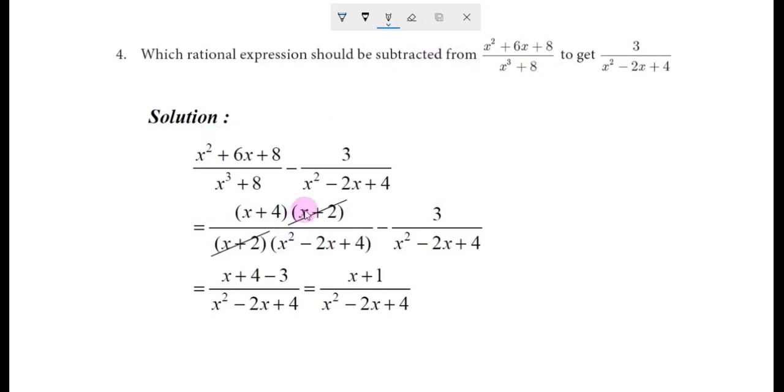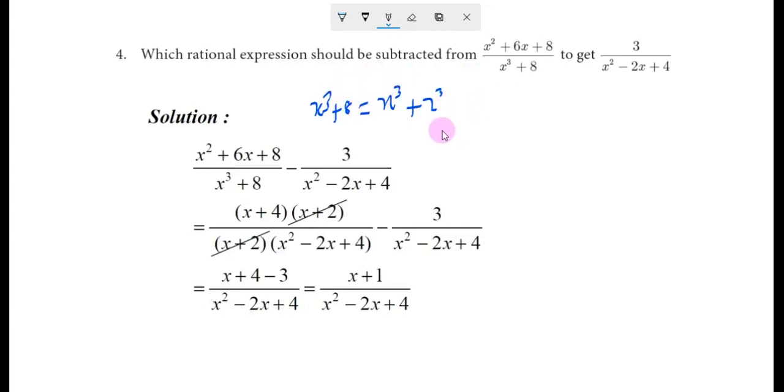Okay, now there is a quadratic equation. Basically we should focus on the denominator first. So look here, cubic equation, here quadratic equation. So x cube plus 8, I take x cube plus 8 as x cube plus 2 cube. Am I right? What is the 2 cube value? Yes, that is 8. 2 cube means 2 into 2 into 2.